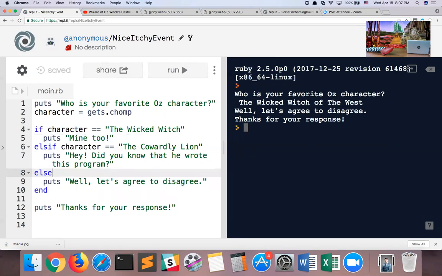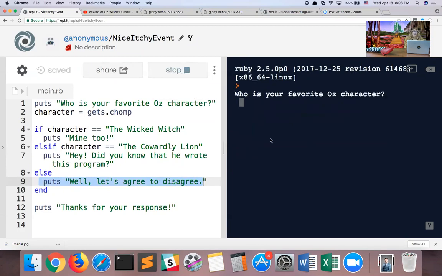Meaning, going back to what I said before, computers are so literal. They don't have any human intuition. Despite everything that's going on with artificial intelligence, at the end of the day, computers have no human intuition, and it's a dumb piece of metal. And that's why we have to be extremely literal when instructing it with computer code. So on line 4, when we say if the stuff the user typed in is the Wicked Witch, it has to be the Wicked Witch exactly. If we deviate from there an iota, the computer will say, hey, the user didn't type in the Wicked Witch. The user typed in the Wicked Witch of the West. That's something else. The computer is not smart and assumes that it's supposed to default to this canned response of, well, let's agree to disagree.